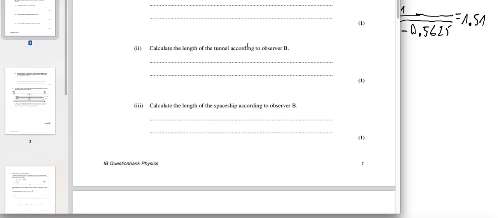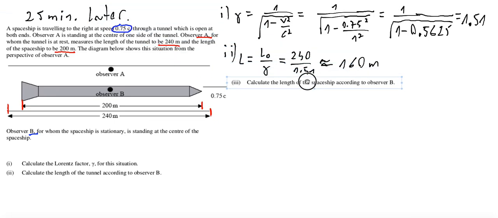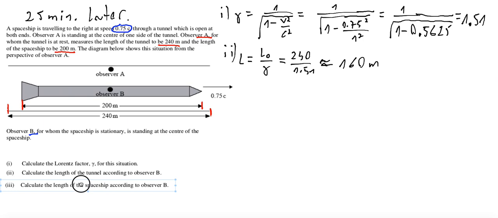Okay, and next is here. Calculate the length of the spaceship according to observer B. Okay, now let's look. Observer B measures the length of the spaceship as a proper length. So for B, the length of the spaceship is a proper one. So we have to find L0. Okay, what is L0? L0 is the Lorentz factor times the length measured by observer A, who is not stationary relative to the spaceship. Observer A measures the length of the tunnel as 240 meters, and